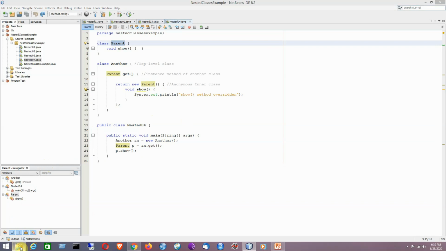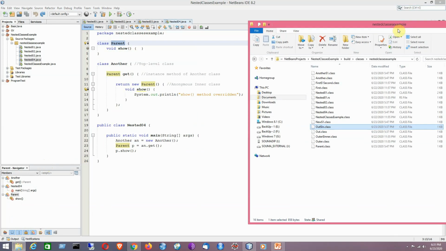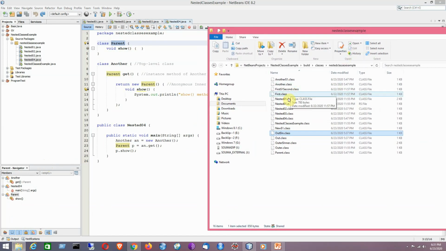Now just have a look at the structure here. The class name is Parent, so it is a top level class, and that is why we will be getting here Parent dot class. Then comes Another, it is already there, clear. Then comes the anonymous inner class. So how can you recognize an anonymous inner class?